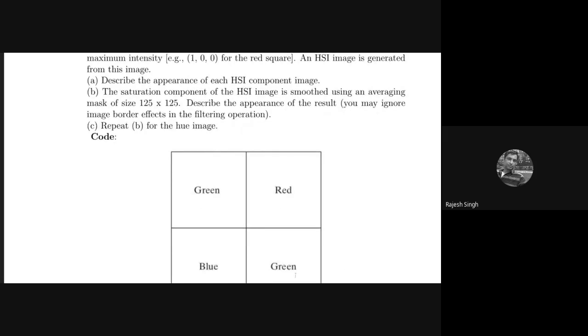So apply the mask. You have learned how to apply the mask. In a very similar way, you have to write the code for applying the mask. Remember, all the transformations which can be done in a grayscale image can also be done in color images. You name it, you can do it. You can do thresholding, you can find histograms, you can do averaging, you can do bit plane slicing.